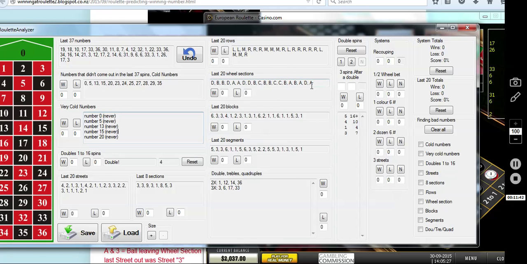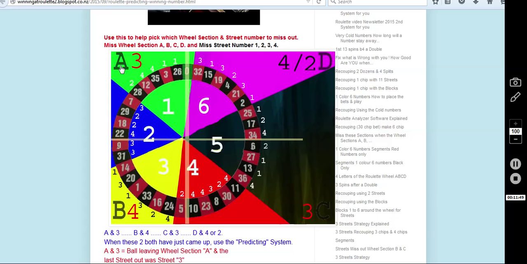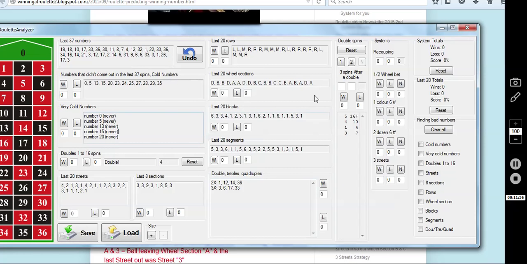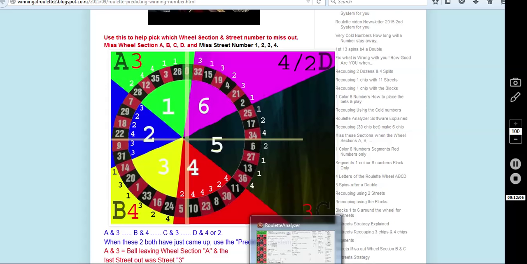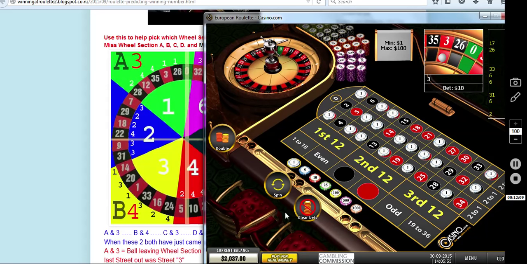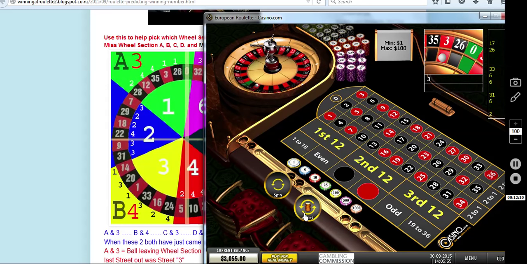Now the second thing is we look at A. So the A's now come up. If you were happy with doing this, you go back over here and you look at the A. The A says that it's number 3 street. So we go back to the analyzer and we have a look. A, we're happy. 1, that's not. It has not lined up. We do not do it. So now what we do, we have a free spin on the correct place. So we'll get rid of those. We will have a free spin